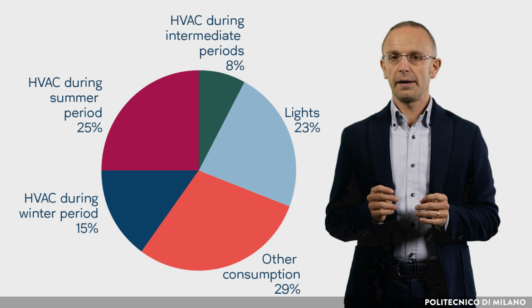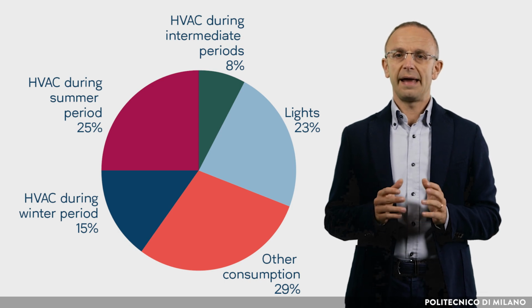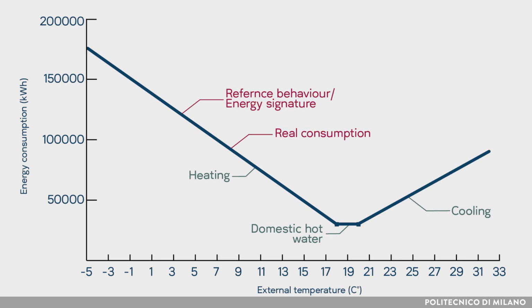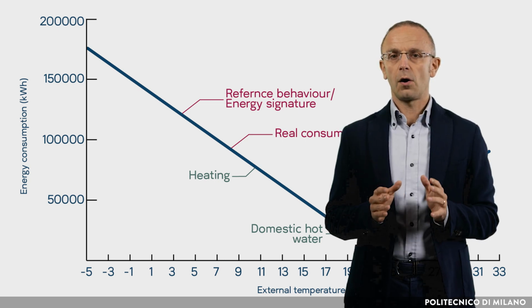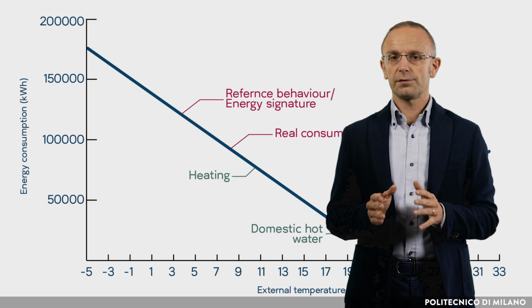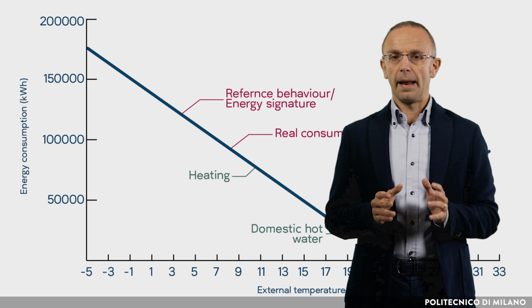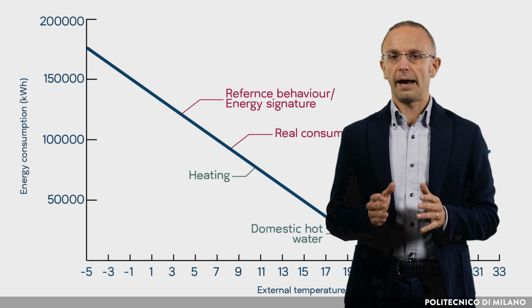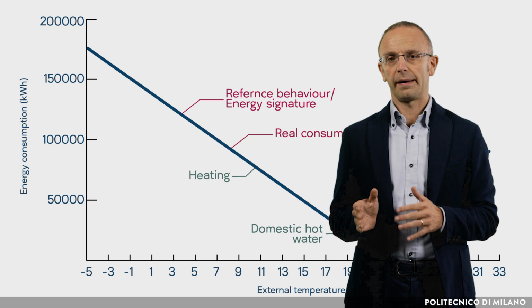Specific data processing techniques can be adopted, such as the energy signature. In detail, plotting for several time periods the average heating or cooling power versus average external temperature allows a fast detection of malfunctions and provide a useful information on the building's energy performance. This method assumes constant internal temperature, and thus external temperature is the most influential parameter. It is useful in buildings with stable internal gains and relatively low passive solar gains.